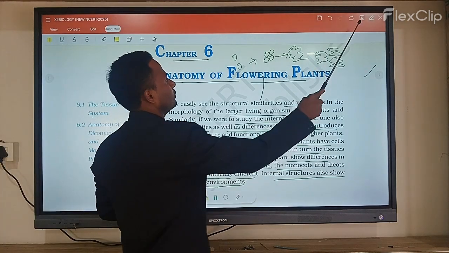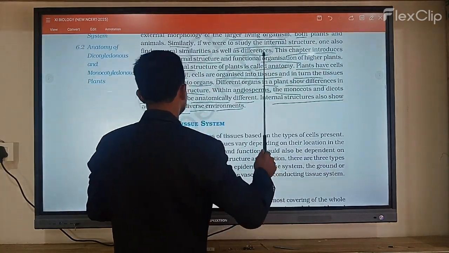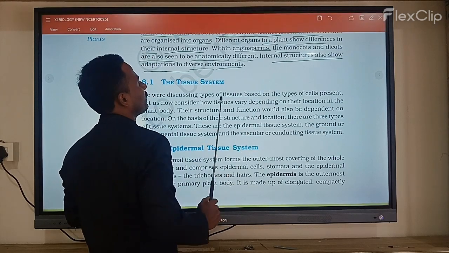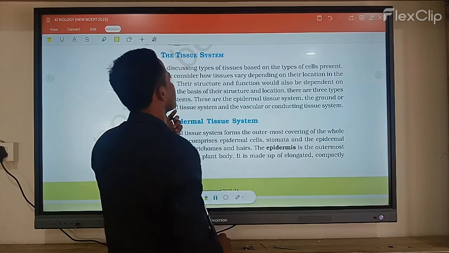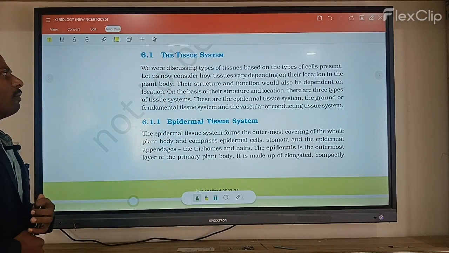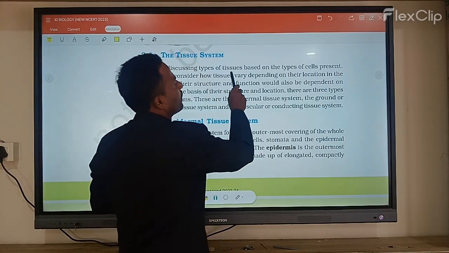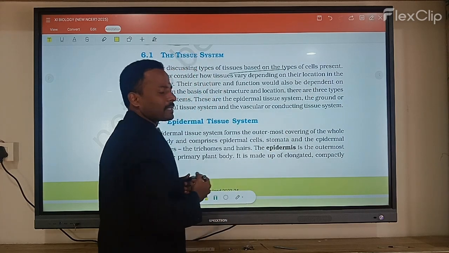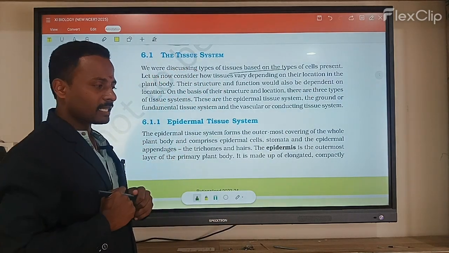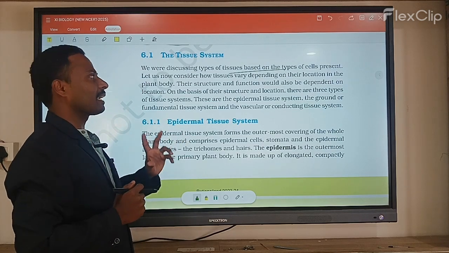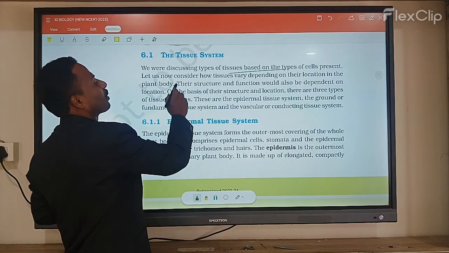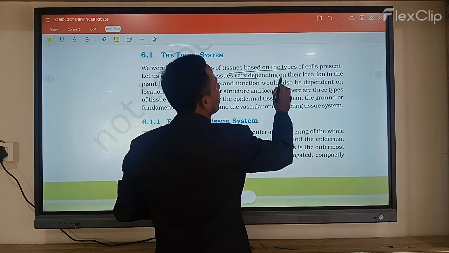Okay. Now, what is the tissue system? Here we discuss the types of tissues based on the types of cells present. What type of cell is present? That is, a plant cell or an animal cell. Based on the characters of the cell, let us consider the tissues depending upon their location